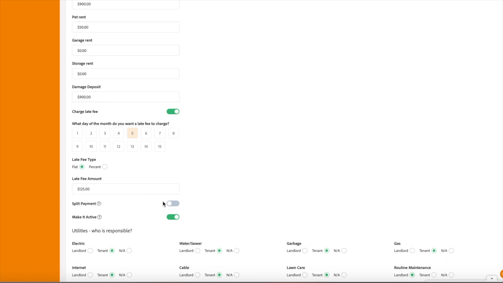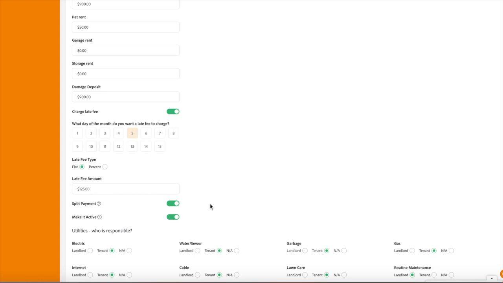So when split payments are turned on, the tenant can pay any amount towards a charge. This comes in handy for when people have roommates. Say the charge is $1,200 and there's 3 roommates. Each roommate could pay $400 towards the charge, or any amount that they so choose. If split payments are turned off, a $1,200 charge, they can only make a payment of $1,200 towards that charge. So I'm going to keep that toggled on, giving my tenants the ability to pay whatever amount they want and